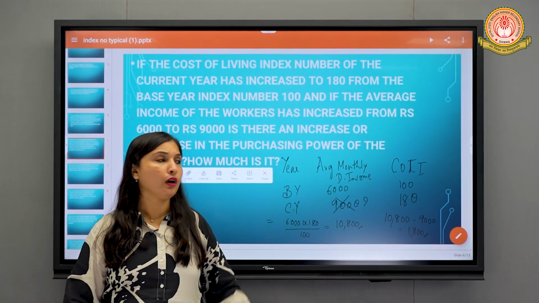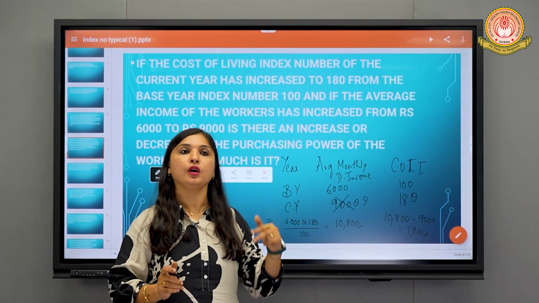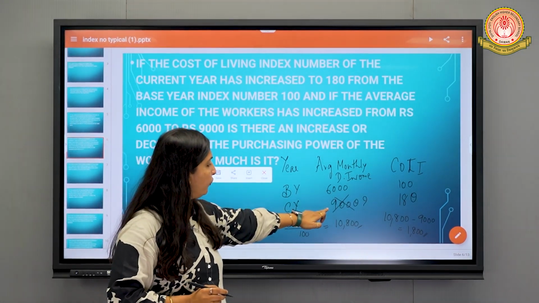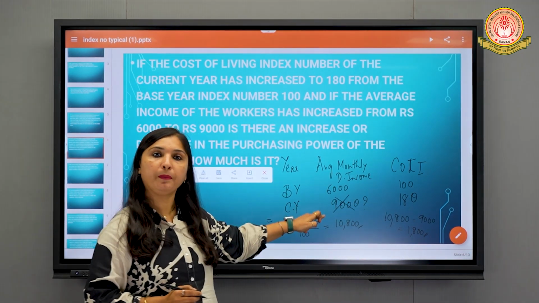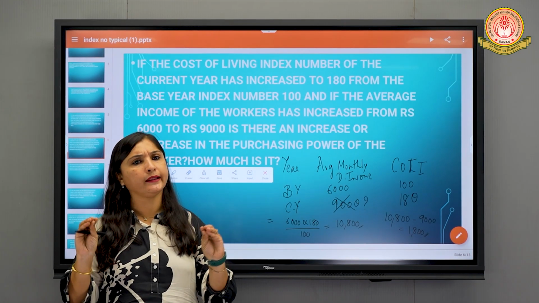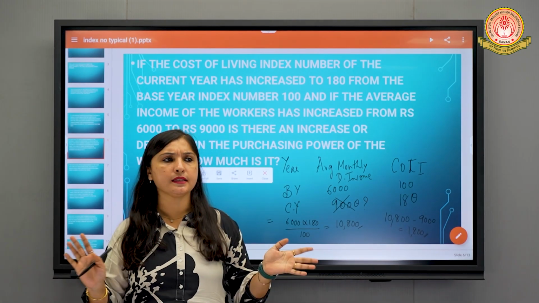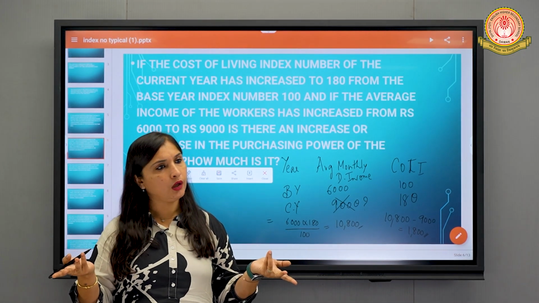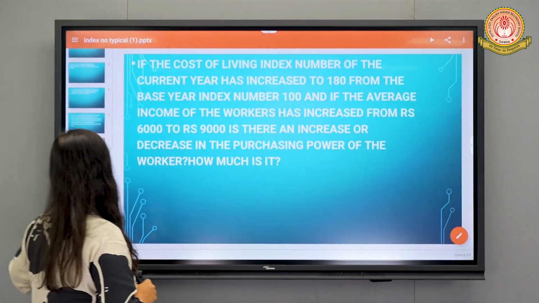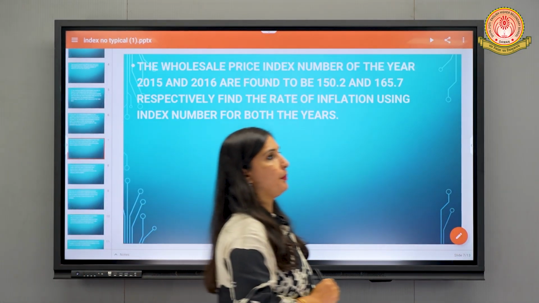Yes. Whenever all the data are given, just assume as if this data was not given to you. Just find the actual income it should be. If here it would be 11,000, would it be sufficient? Yes, because for his living he needs only 10,800, but the employer is offering him 11,000, then it's okay to him. He will accept the offer. Okay? Is it clear to everyone? Yes, very good. Moving towards the next example.